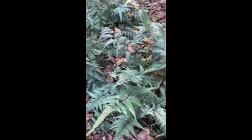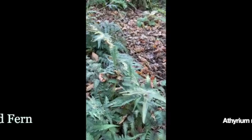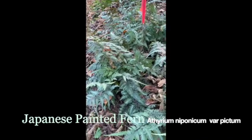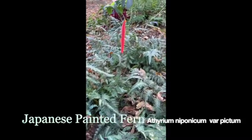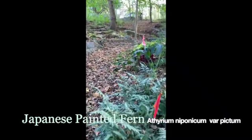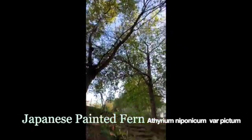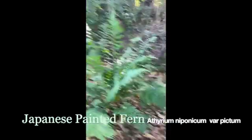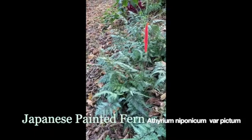The next plant on our list is Japanese painted fern. This is Athyrium niponicum variety pictum. It's a deciduous fern that grows in part shade or full shade, and here on campus it is in full shade, my friend. It is in deep shade down by this creek. Is that a creek or open sewage flow? I'm not sure, but anyway,